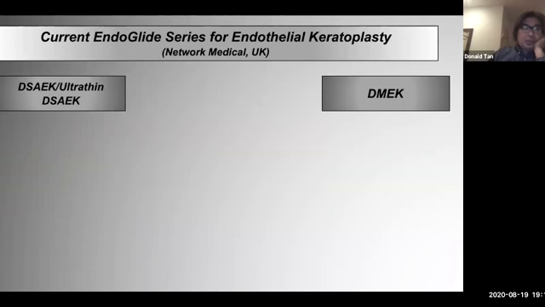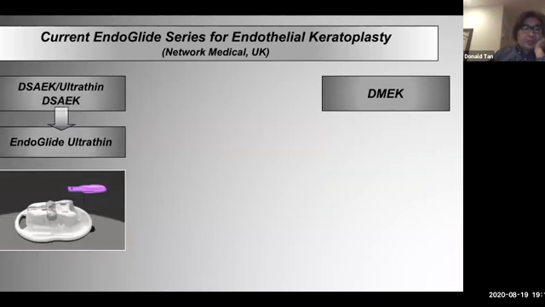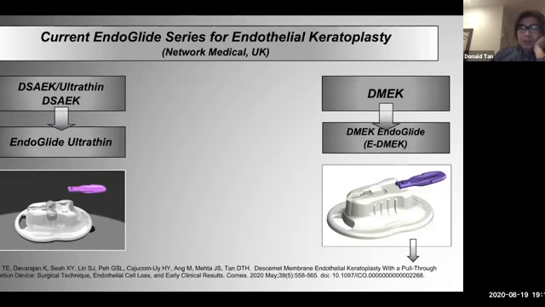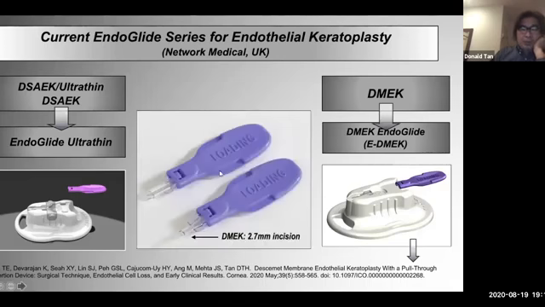It's from Network Medical, the DSEK, which is known as the ultra-thin DSEK model, and a DMEK model. This is the standard ultra-thin that we use for DSEK, which has been around for almost 10 years now. And this is the new model, which has been around for the last couple of years. We call this endoglide DMEK or eDMEK, and published this very recently, the study to show the safety and efficacy. And you see basically the differences on the left here. On the top is the standard cartridge, which is standard width, goes through a 5 mm incision, and the DMEK is much skinnier now because the DMEK roll is much smaller, and it goes through about a 2.6, 2.7 incision.